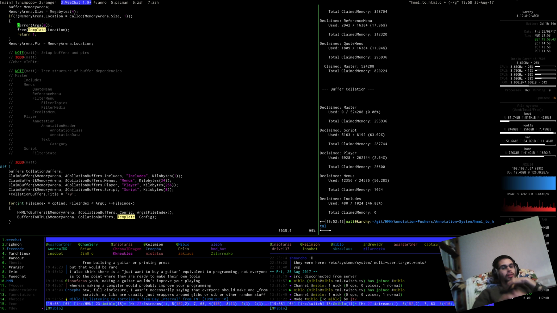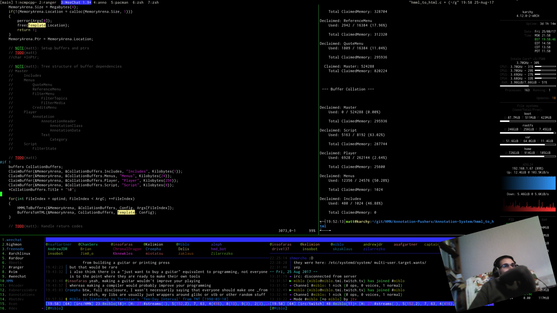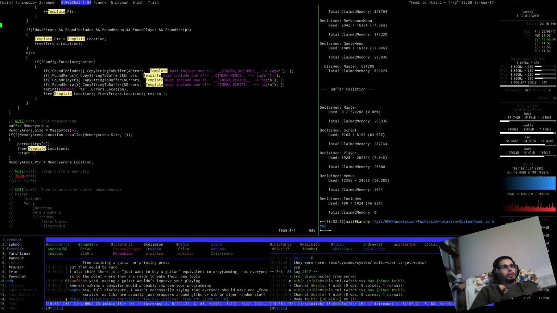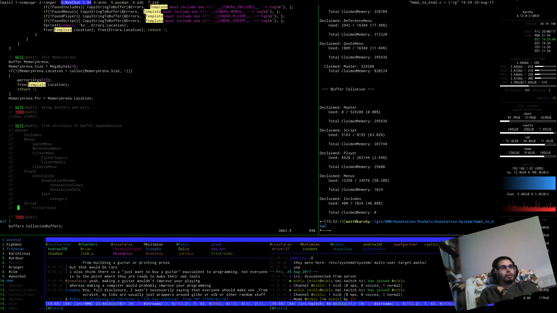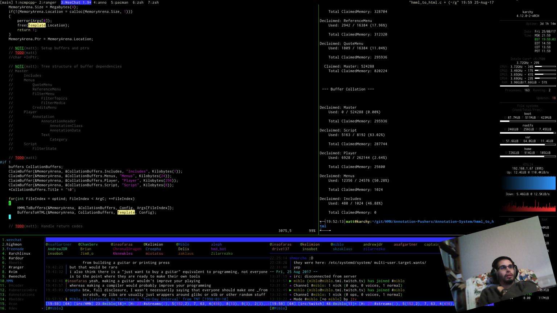Which it kind of is, isn't it? So really it's like we first of all come into our main function, sort out the config stuff, then we get our memory arena set up to go. Then we get our collation buffers, and then we say, if we're templatizing,